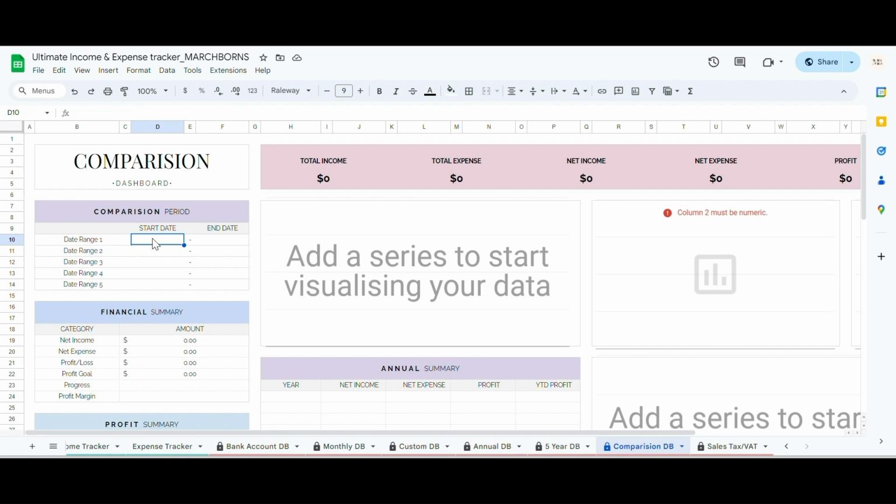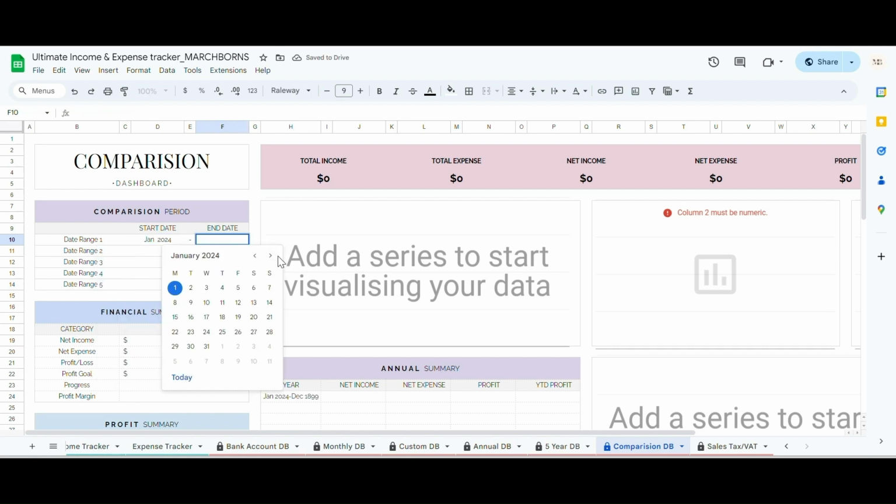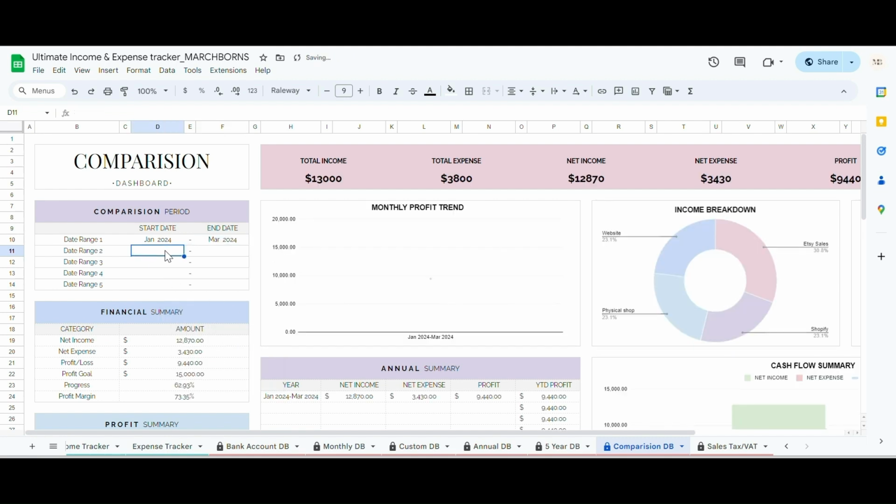Let's enter the date ranges for comparison. For this example, we'll compare the first quarter of each year starting from 2024. In period range 1, I'll enter January 1st, 2024 as the start date and March 31st, 2024 as the end